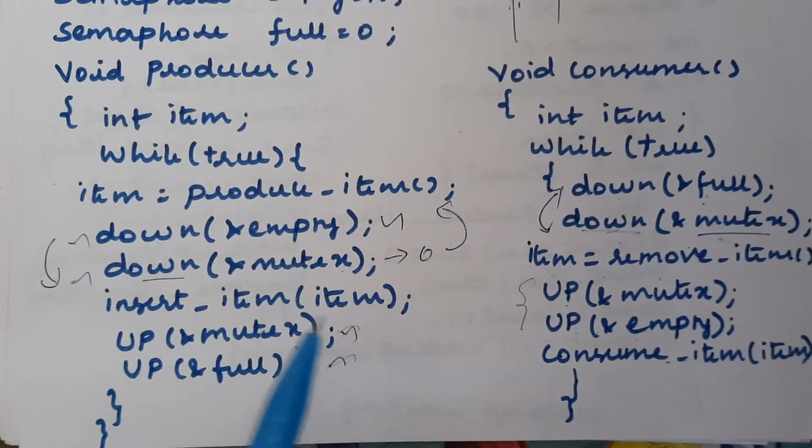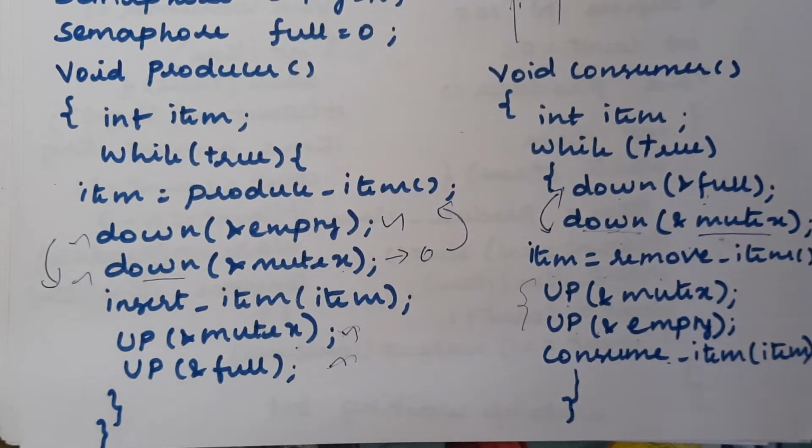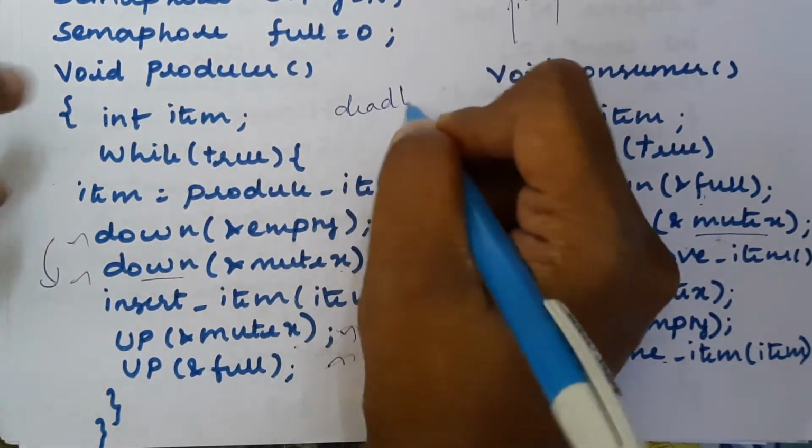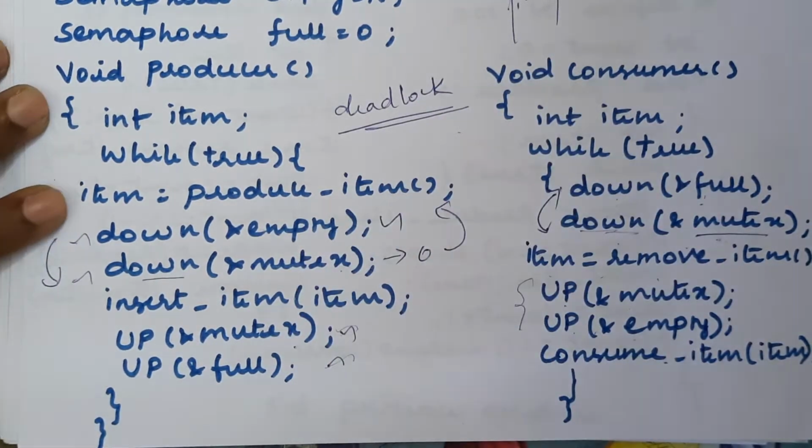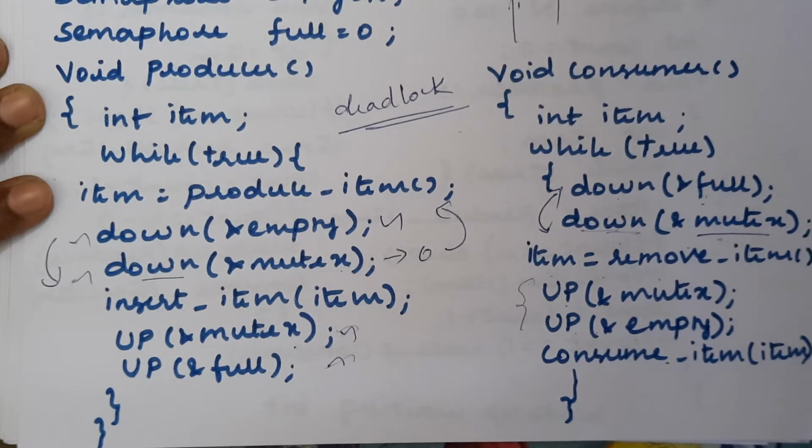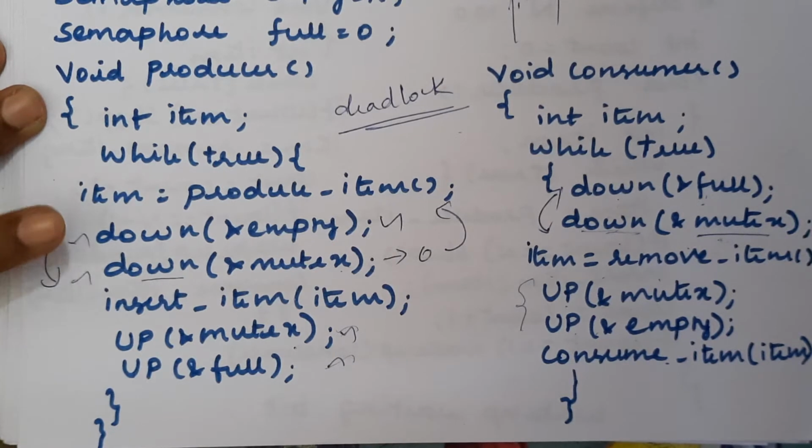What is the meaning of it? It cannot proceed further, because when one process is blocked, the other process has to send a wake up to resume the blocked process. If both processes are in a blocked state at the same time, this leads to a deadlock situation, which means we cannot recover from this problem. We cannot come out of this problem, and that is deadlock. Both processes get blocked at the same time and we cannot recover.